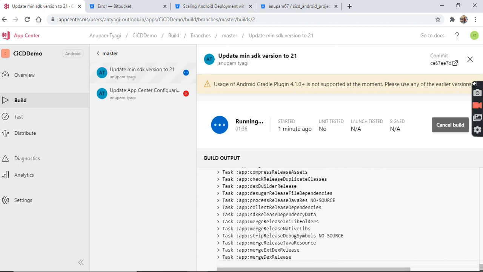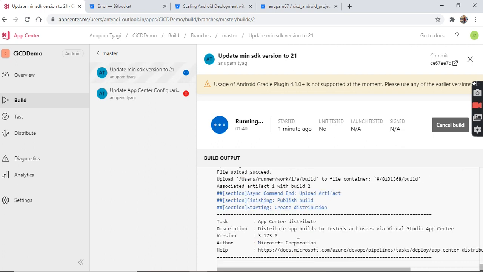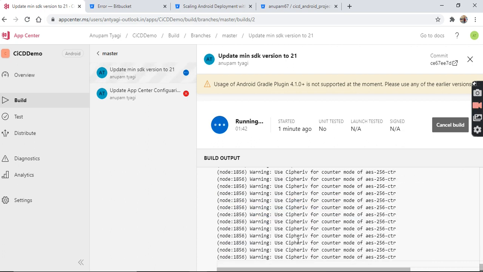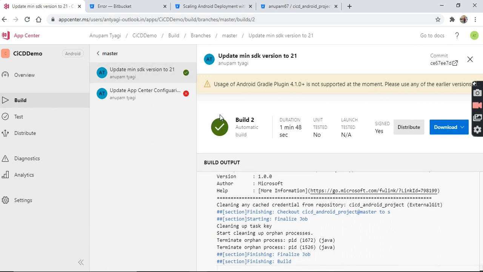Merge release, merge ext, merge dx, build successful or not? Wow, we got only one error in the live video. We resolved this error immediately and the build succeeded.